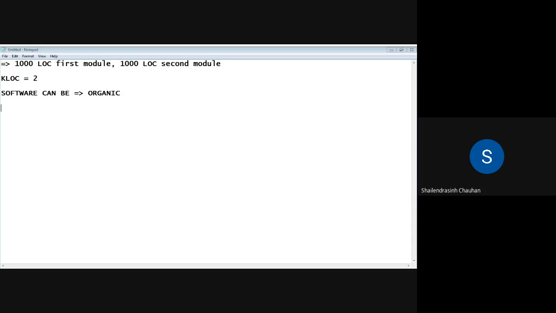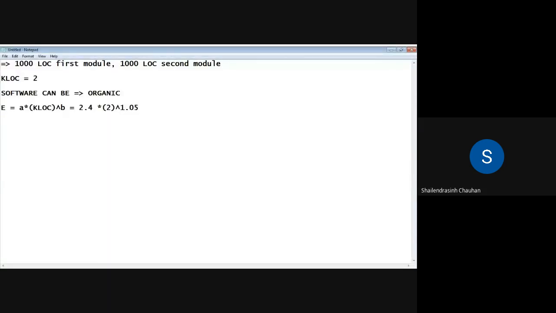So you can use the formula: effort required is A into KLOC raised to B. The value of A as per that table is 2.4, into 2 raised to B. The value of B is 1.05. Fine. So calculate this and give the answer.